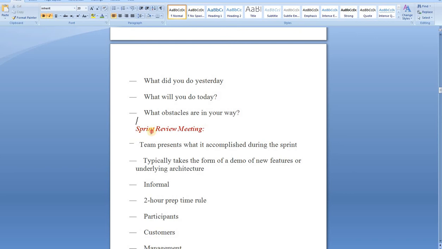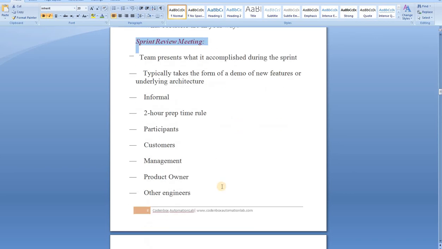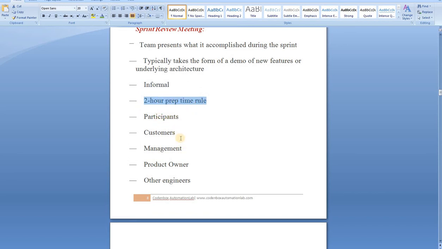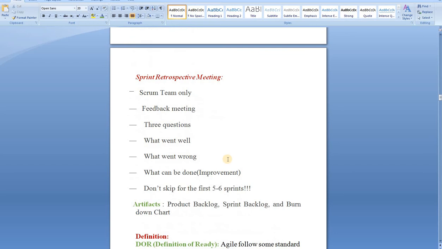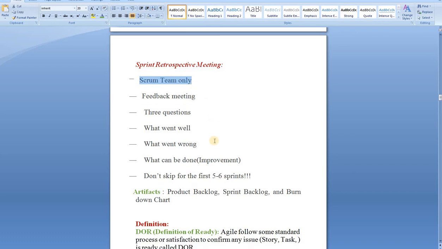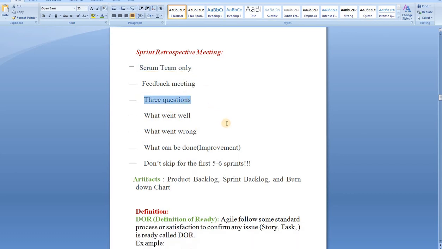And a sprint review meeting, I think I already explained. It's okay. This is with the different stakeholders, and it's usually a 2 hour preparation time rule. The customers can be part of the meeting, management, product owner, other engineers, everybody. Sprint retro, already said it, it's a feedback meeting. Scrum team, it's a solid Scrum team. 3 questions usually, each and everyone explains what went well, what went wrong, what can we do better to improve the